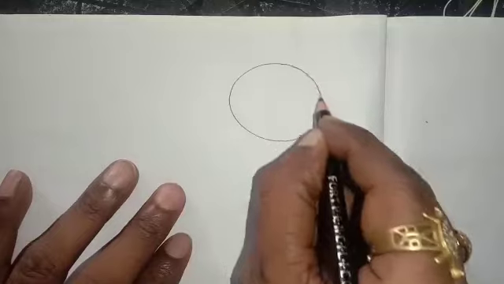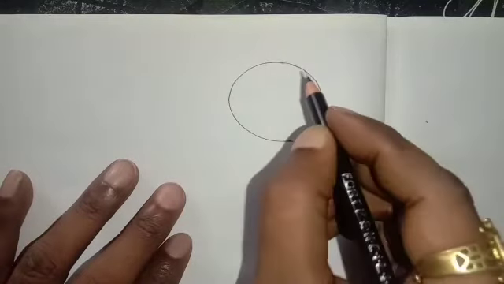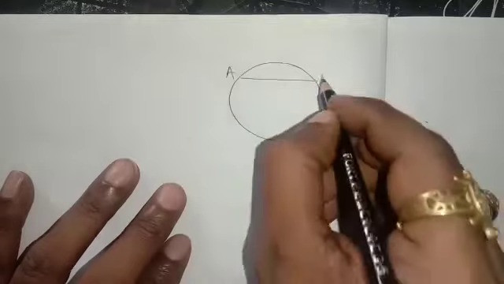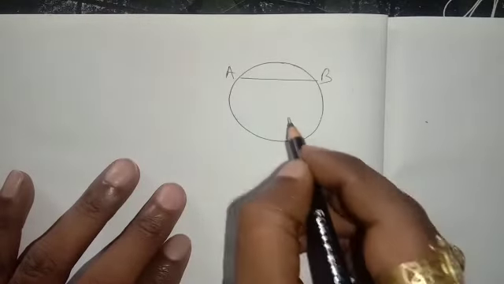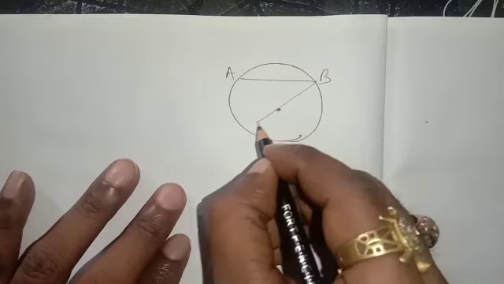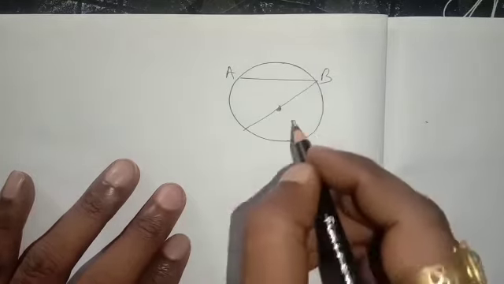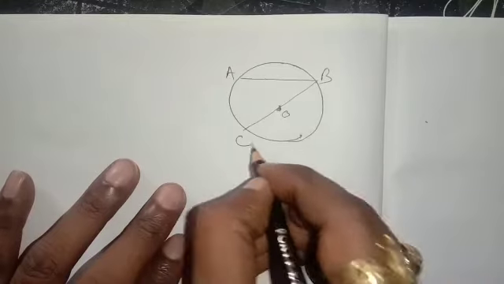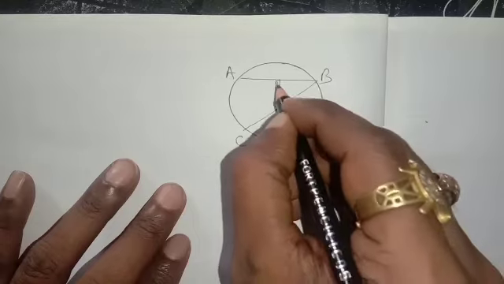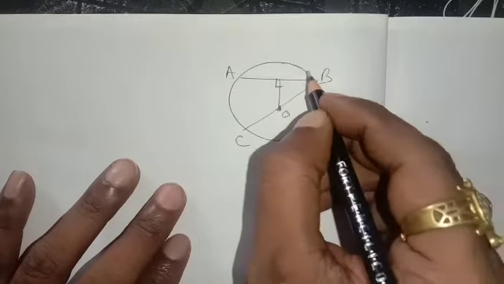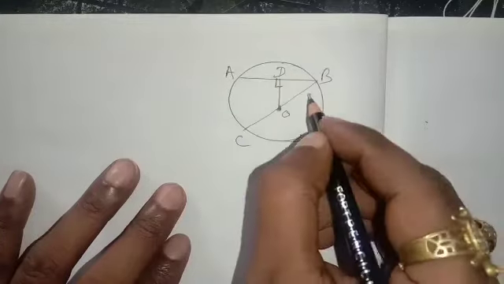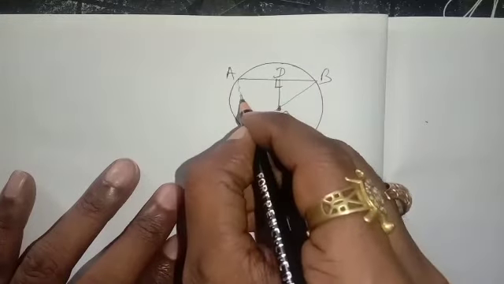This is the circle, and AB is a chord like this. AB is a chord, and O is the center. That will be BC, the diameter. This is drawn perpendicular. This one, OD, is perpendicular on the chord AB, and this is just join.